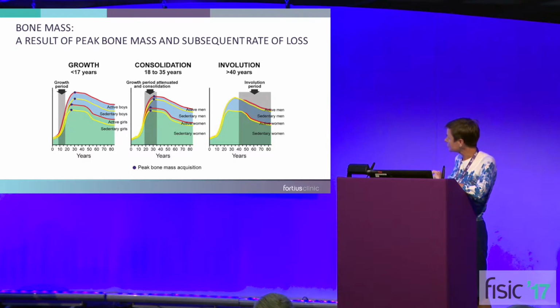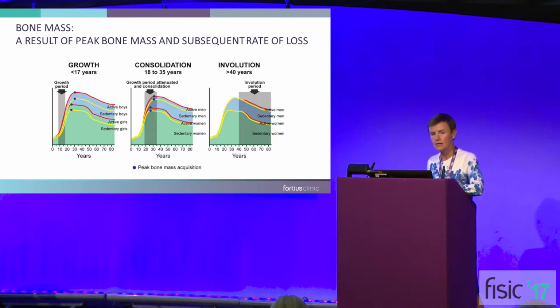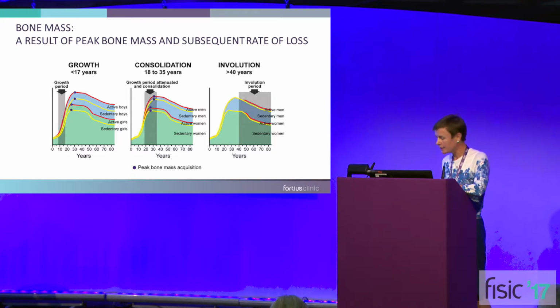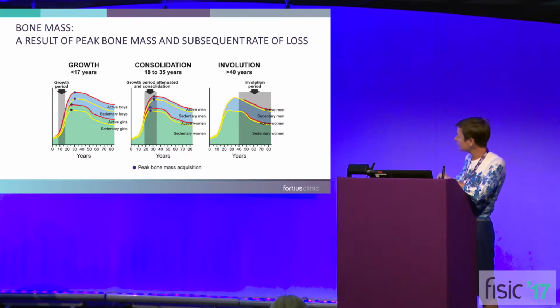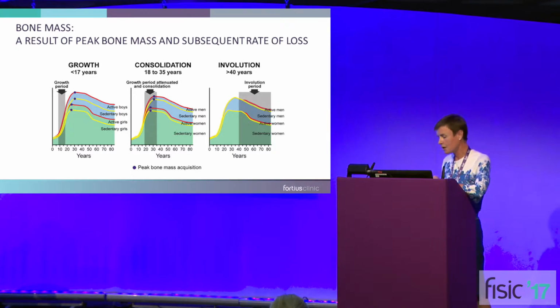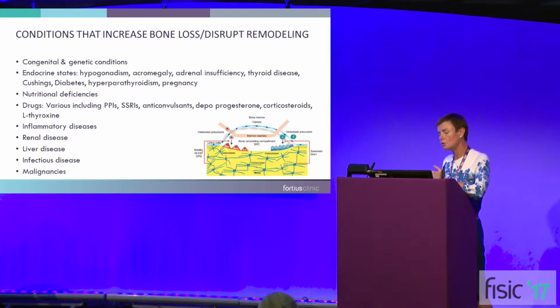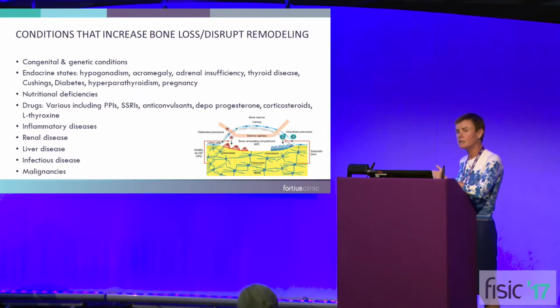Then in early adulthood, or the ages that we're seeing a lot of our athletes, essentially they're consolidating that bone mass and hopefully maybe developing the bone a little bit further, or losing at a very, very slow rate, if at all. And so when we are thinking about, is there anything that might be impairing an individual's bone resilience in that phase of life, you're thinking, is there anything that could be causing them to increase bone loss? So a higher rate of bone loss in those patients.